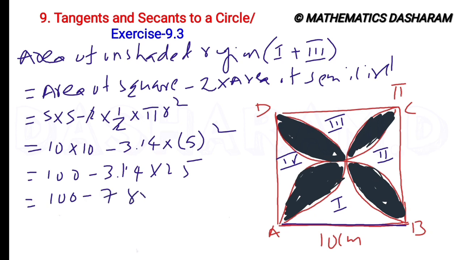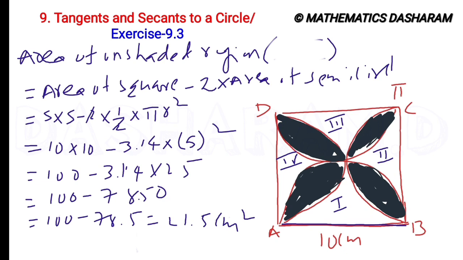So 7850, and here 2 decimal places. So 100 minus 78.5, it is equals to 21.5 centimeter square. So next, area of an unshaded region